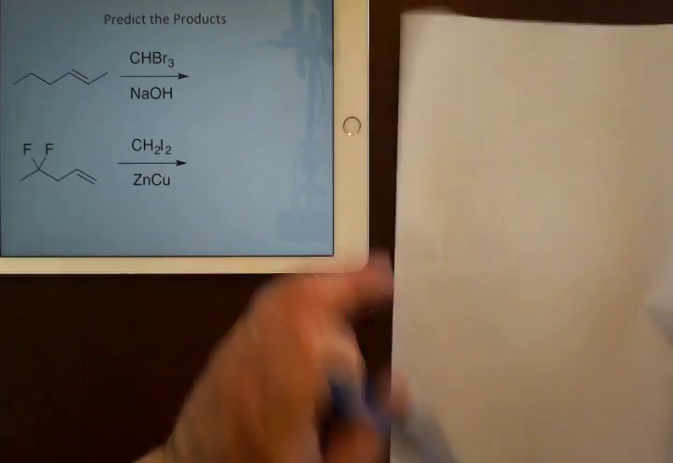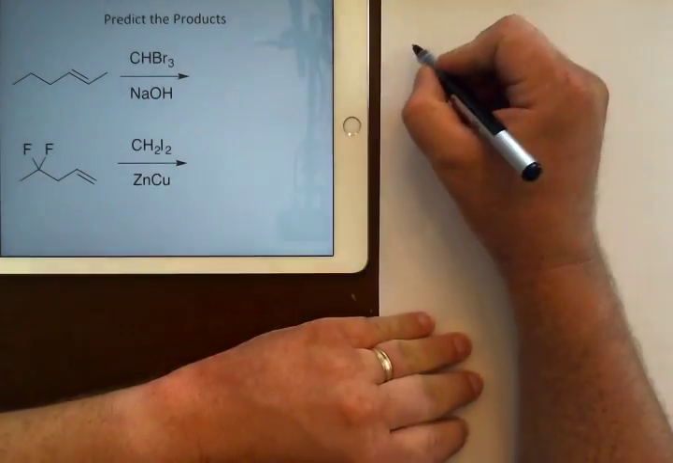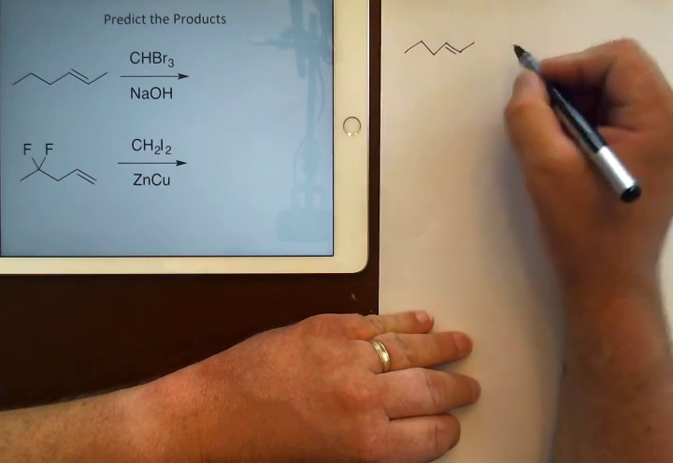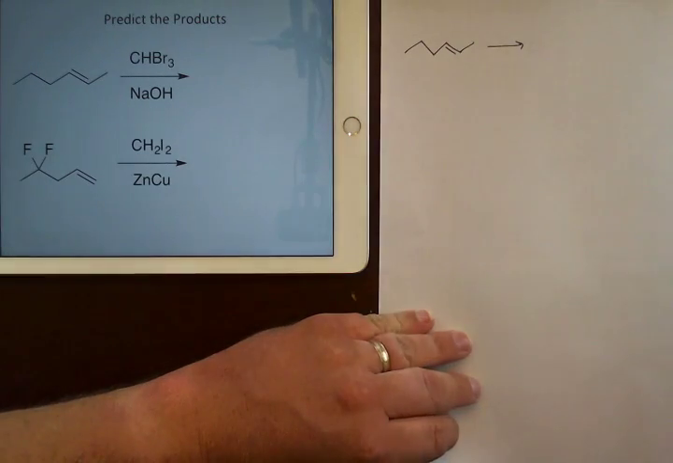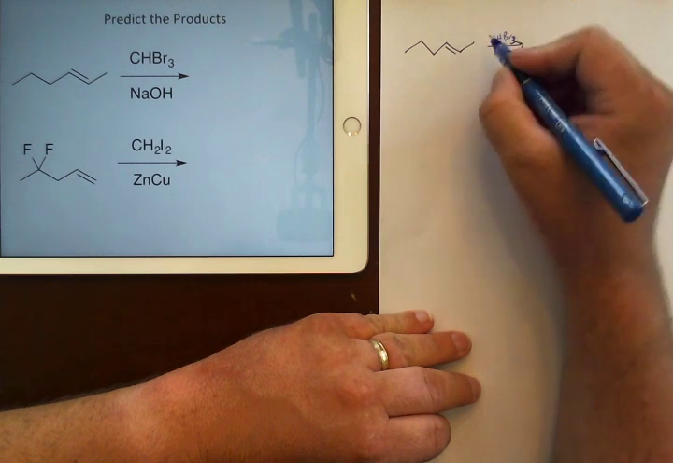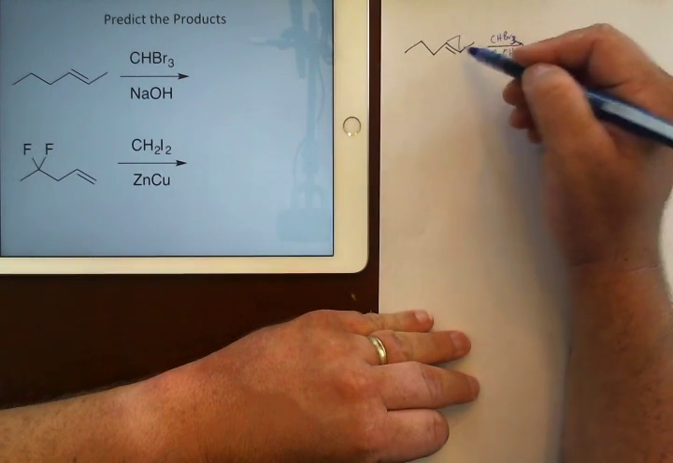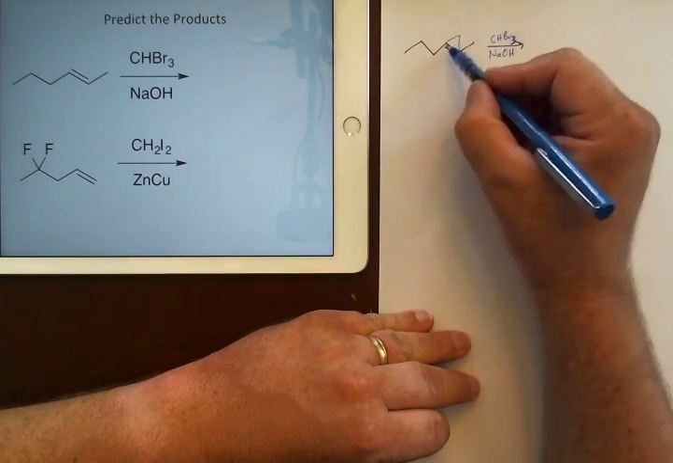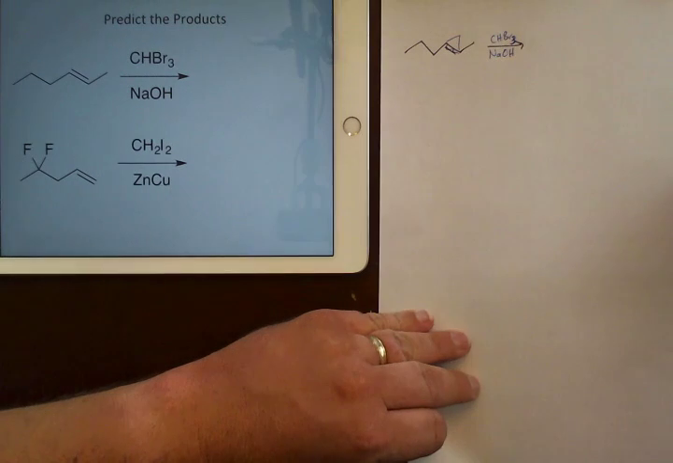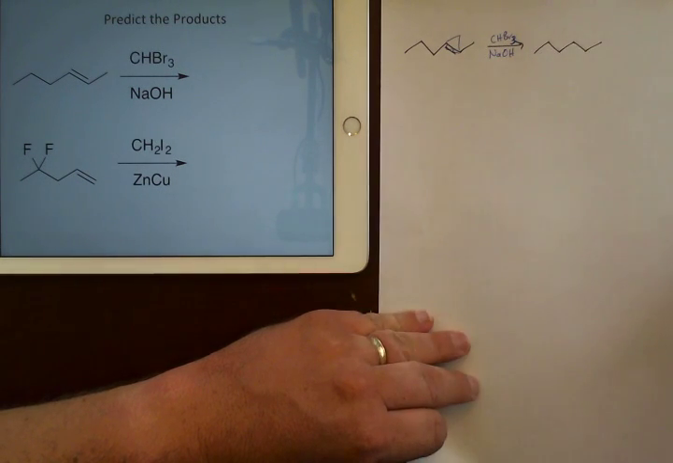Okay, so for this one here, you've got plus the bromoform. OH. So you're going to put that double bond across here. Take out the double bond, take out that pi bond, and so you end up with this